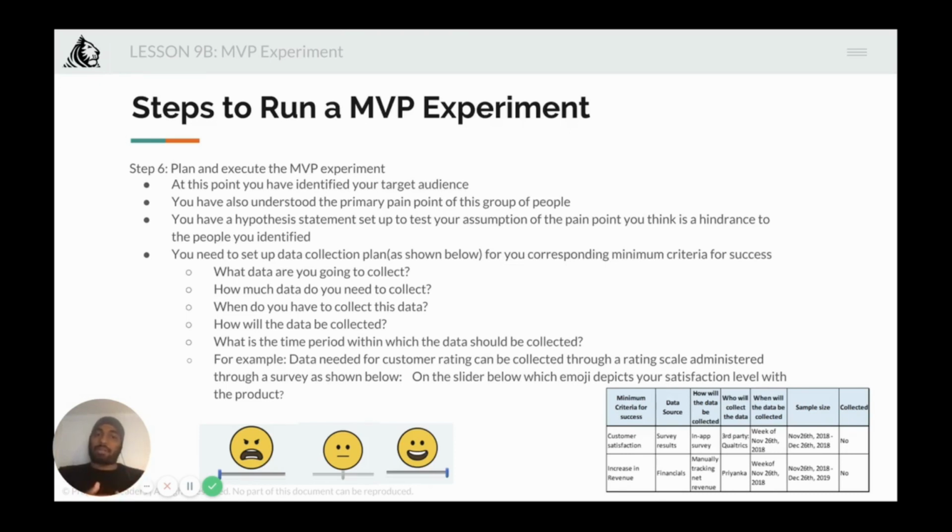So say the minimum criteria for success is customer satisfaction. What sort of data will be needed? Where will the data come from? How much data should be collected? With this plan in place, the MVP can be launched and data collected,